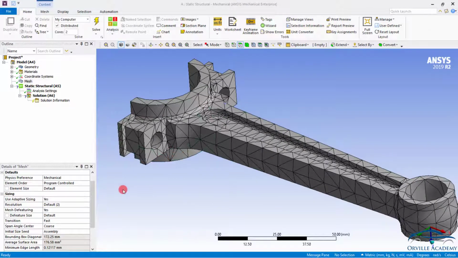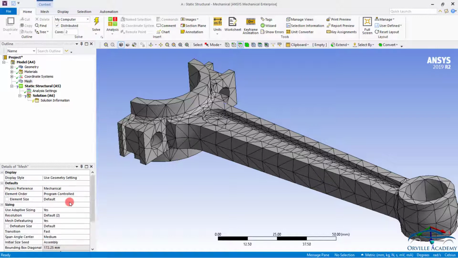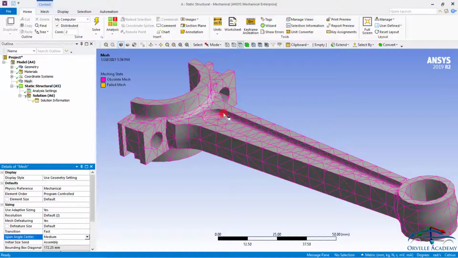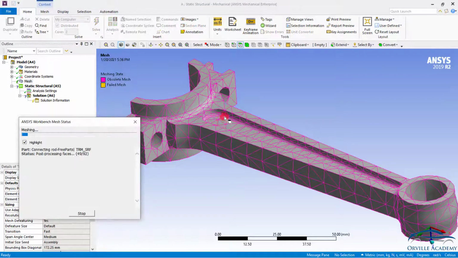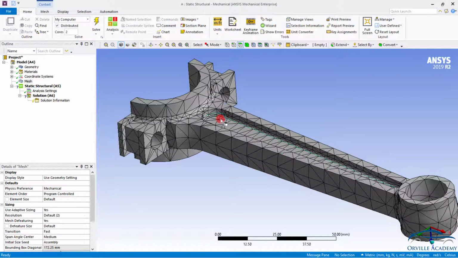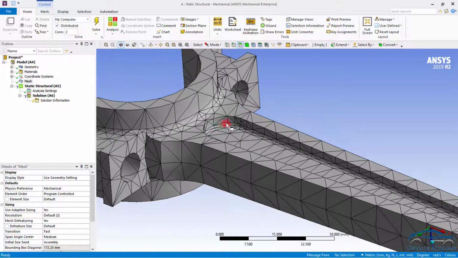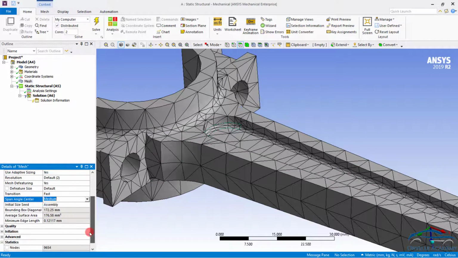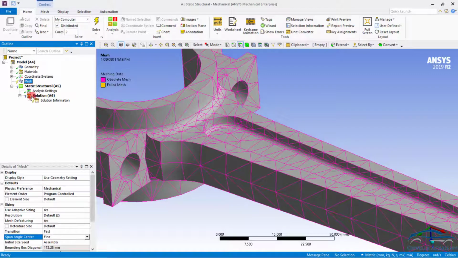Let us observe in this example how the span angle will affect the element count as well as the mesh flow. If the span angle has been set to coarse, you can see a total of 4000 elements are getting created. Now let us set it to medium and observe how the elements are going to be placed within this region. Again go for generate mesh. If you observe at this location, more elements will get placed. You can see here more elements are getting placed. Not only that, if I observe, the element count has increased to 5300. Again let us set it to fine and again check the mesh flow.